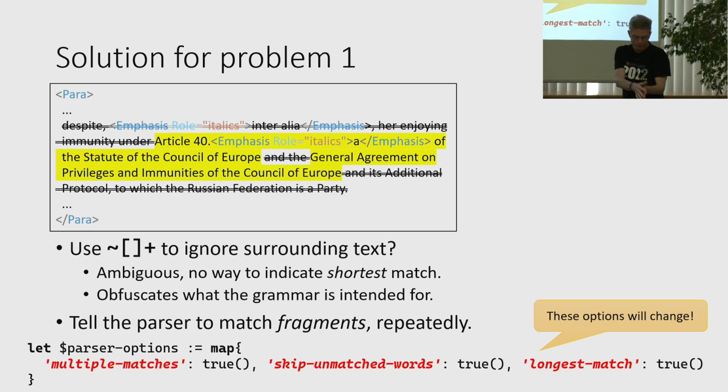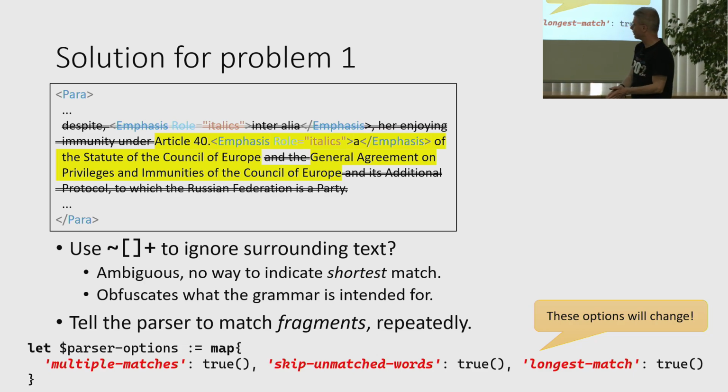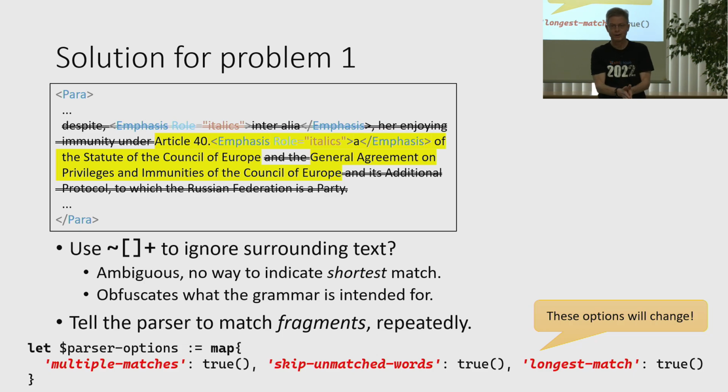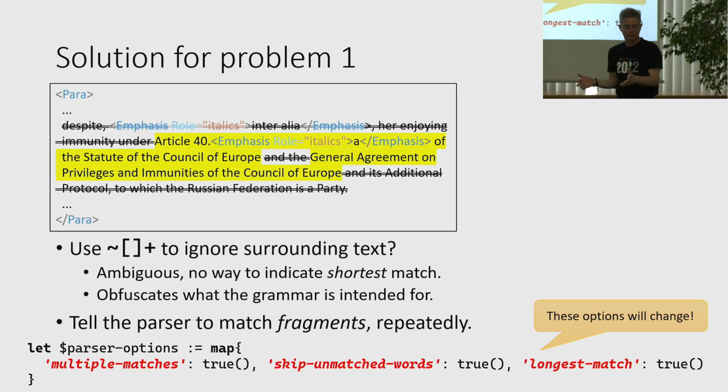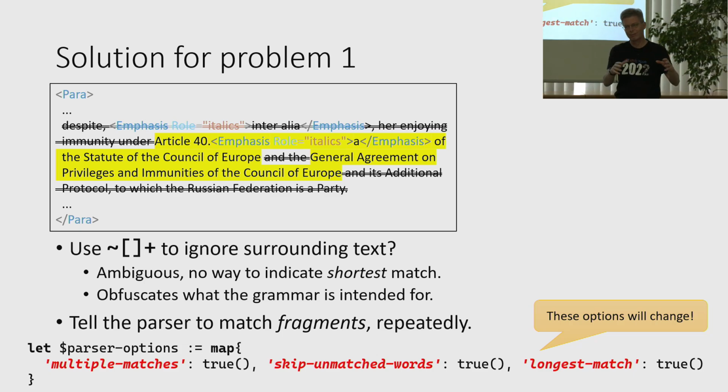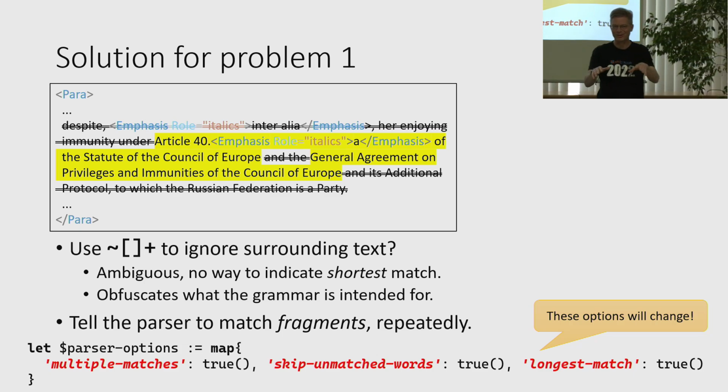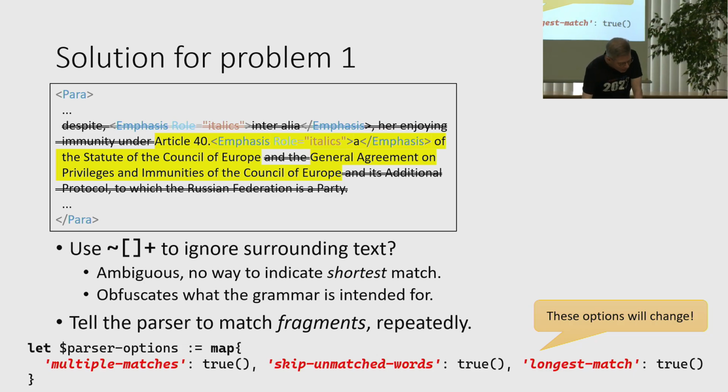And for my implementation in BaseX, I added the options multiple matches, which says you can match pieces of text and do so repeatedly. Skip unmatched words, which means all words. We can go into the definition of words, but let's leave that now. Just skip them when they're not matched. And we want to have the longest matching text fragments. So when we do that,